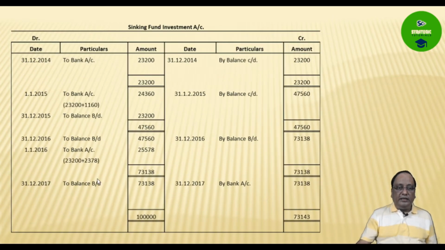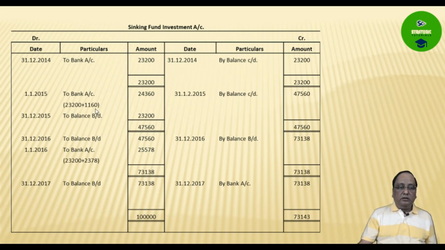Another is the sinking fund investment account. Here, sinking fund investment debit to bank 23,200. Every year we are giving this type of fund, so the balance will continue. Next year again we have to go to this plus interest, that is